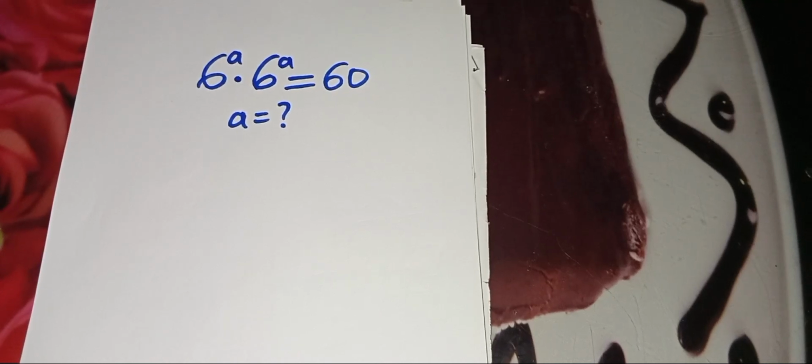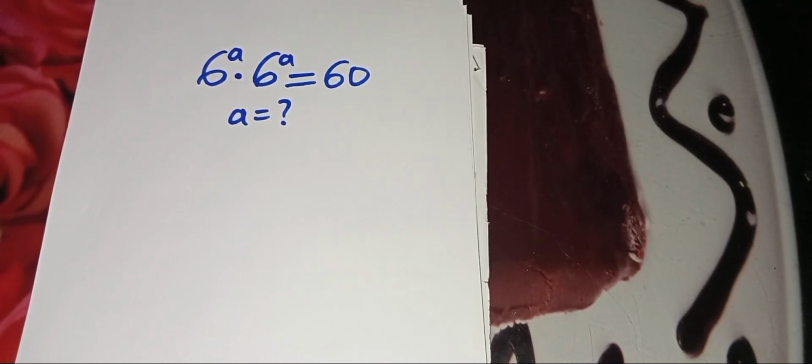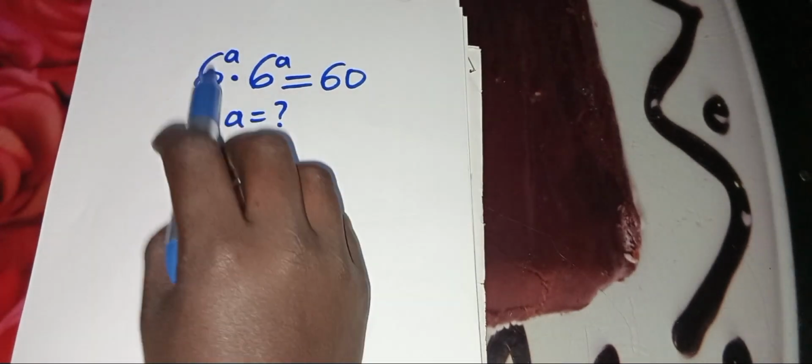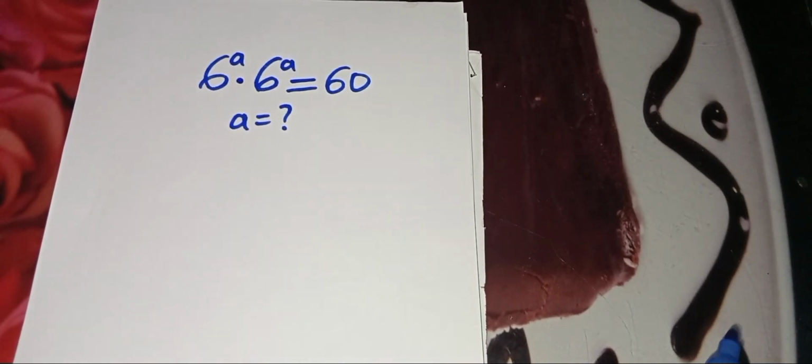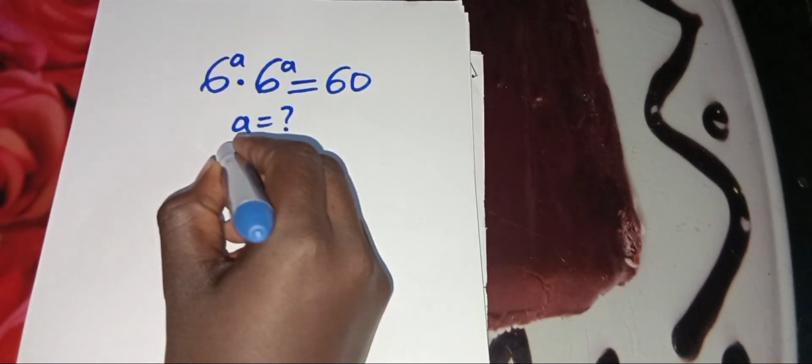Hello everyone, let's provide a solution to this exponential equation. We have 6 raised to power a multiplying by 6 raised to power a is equal to 60. So what is the value of a? Okay, so solution,